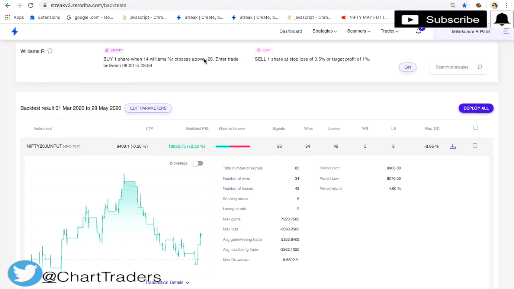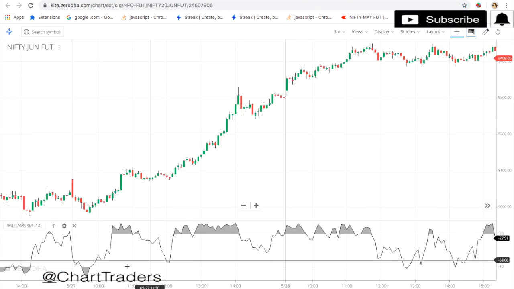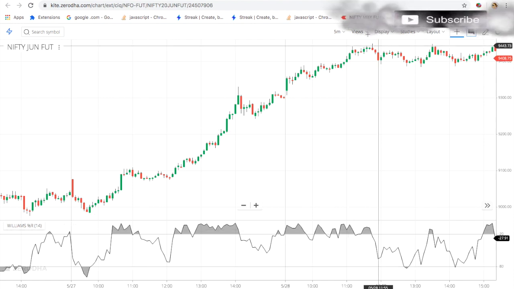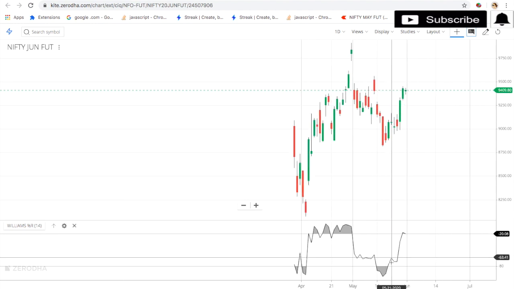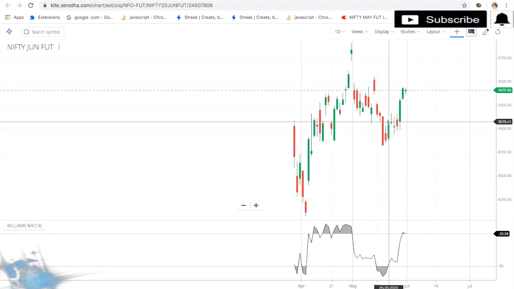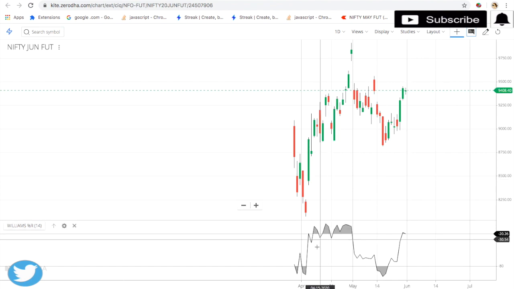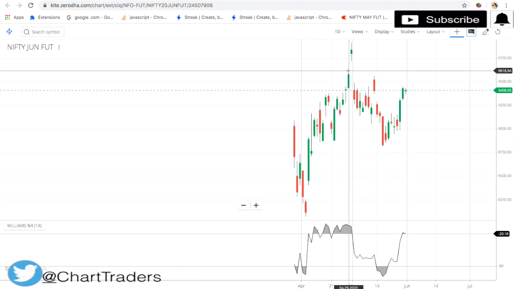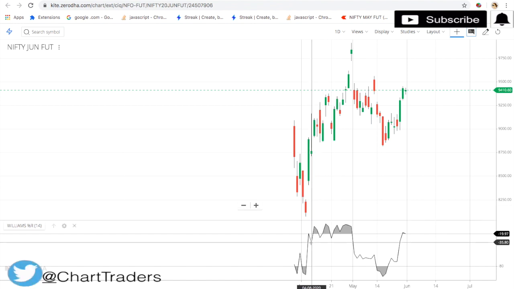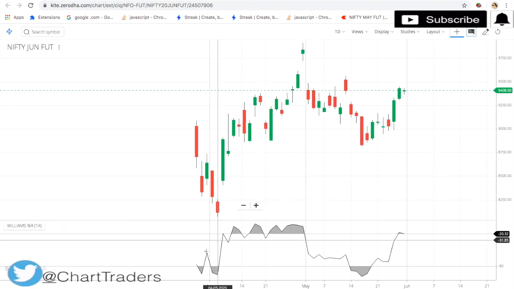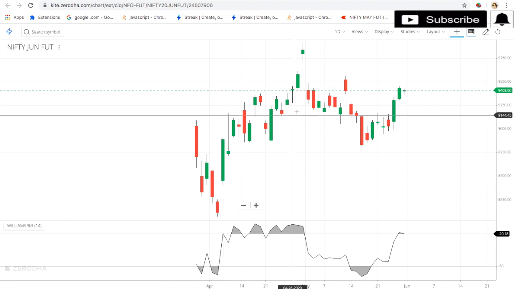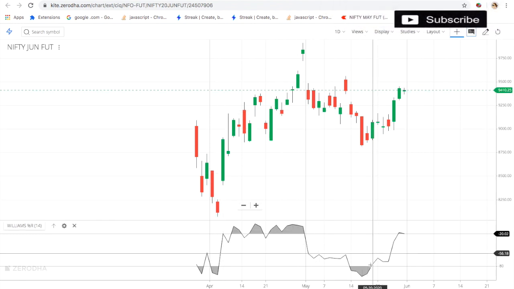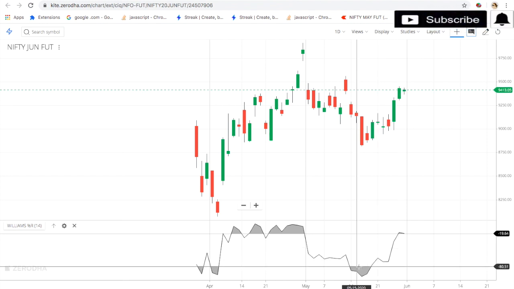If you are going to use it on a daily basis, then you can buy here when it is crossing -20. If you consider the 1 day chart, it came out from the low, so you can buy here up to this profit. Here it came out, you can buy up to this profit. So it measured a break low and then came out from the low, so now you can buy. So on a daily basis, when Williams %R crosses -80 to the upside, then you have to buy.